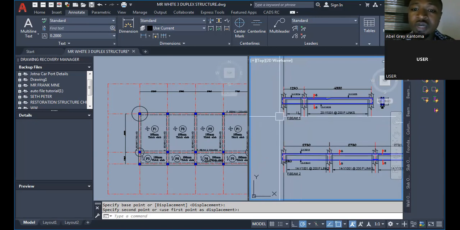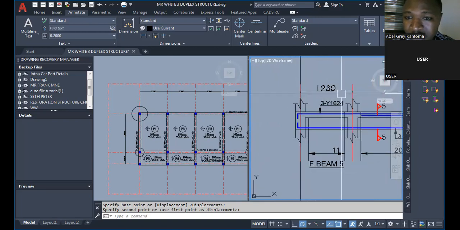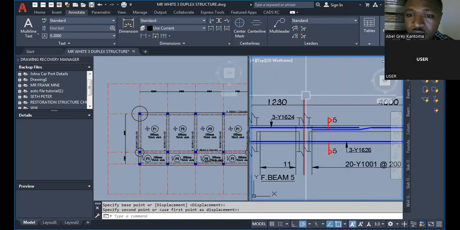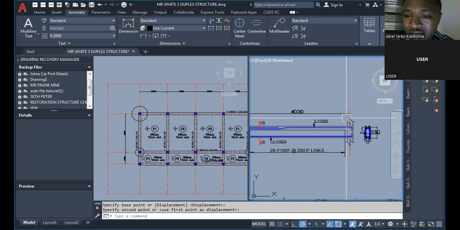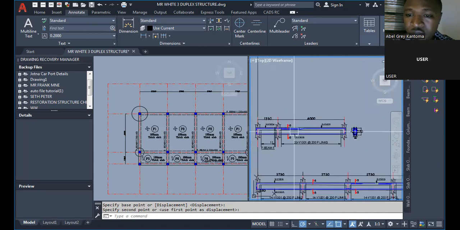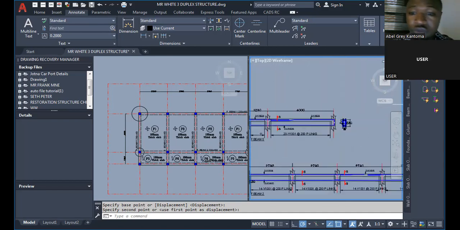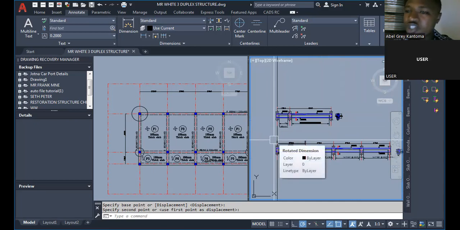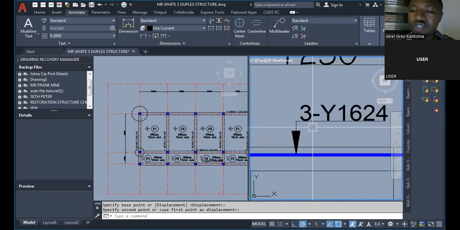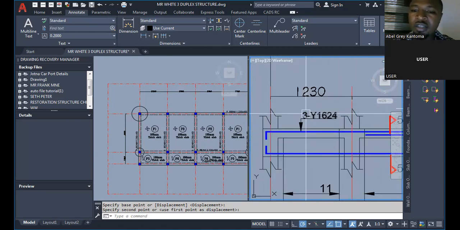So that's just, you can see all I did was to offset because it's from center to center. Okay, you can see this is from center. This is center to center. This is also from the center of this beam to this center. Sorry, from the center of this column to the center of this particular column. So that's just what I did. It's just offsetting and then stretching, offset and stretch, then changing the values, because this beam now, based